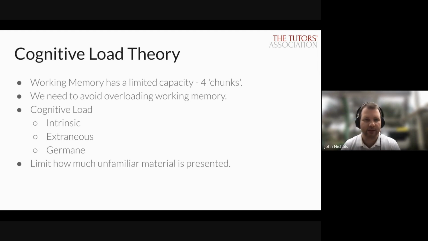Yeah. Because you're then limiting the amount of new information. If they don't know anything about a cell, then maybe 10 features in one lesson is just too much. Yeah. There's nothing wrong in tuition with saying, look, the outcome that we want to achieve cannot be achieved in one lesson because it's too much new information. So we're going to do the first half of it really well. Much better to do half of something really well than to do all of it really badly. Because then you end up with students coming out completely bamboozled, and more or less you might as well have not bothered in the first place.